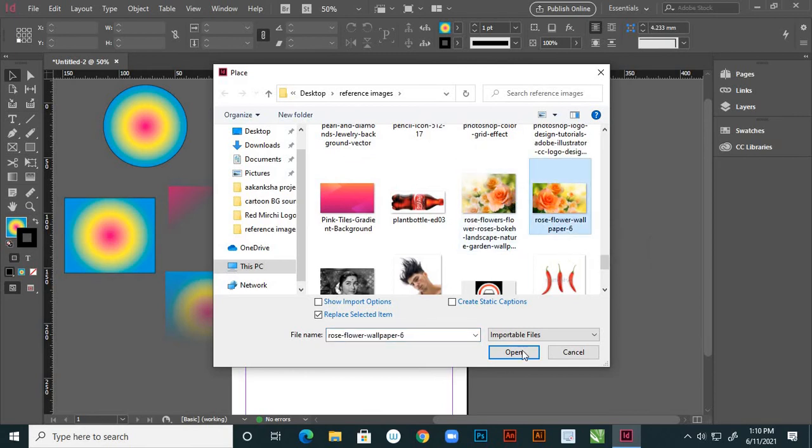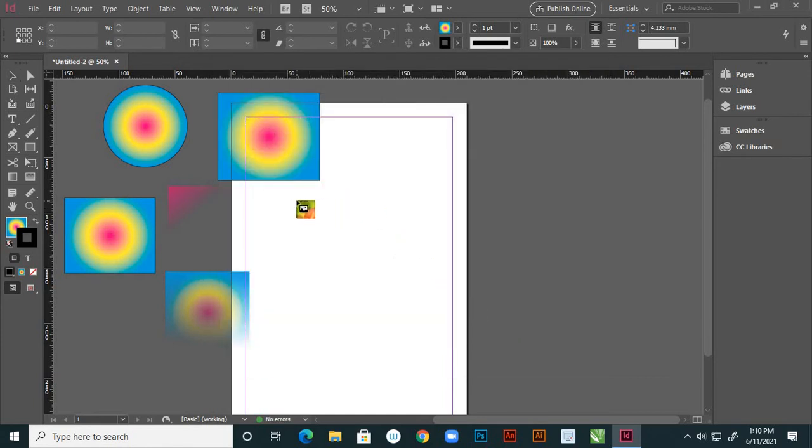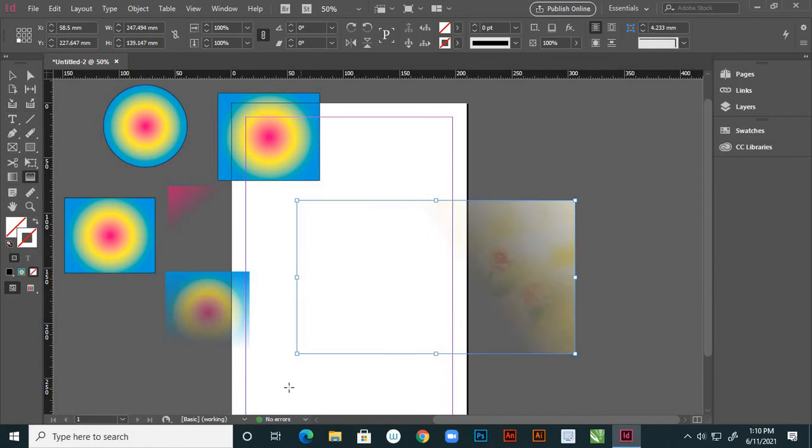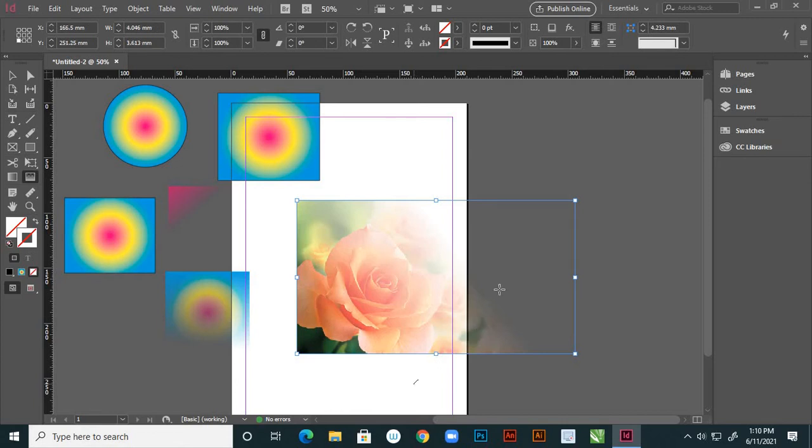Yeah, I'll choose this one. Open, and here I want to select this much only, right? This is my object and photograph. On that I'm using this gradient feather tool, right? So I'm using this gradient feather tool. See, beautifully only that much portion only visible.